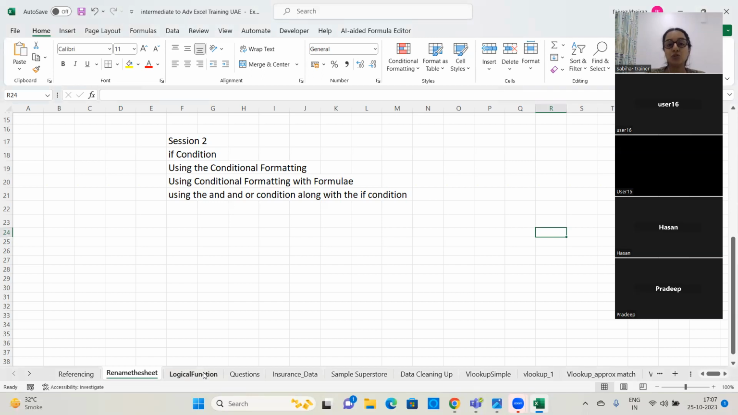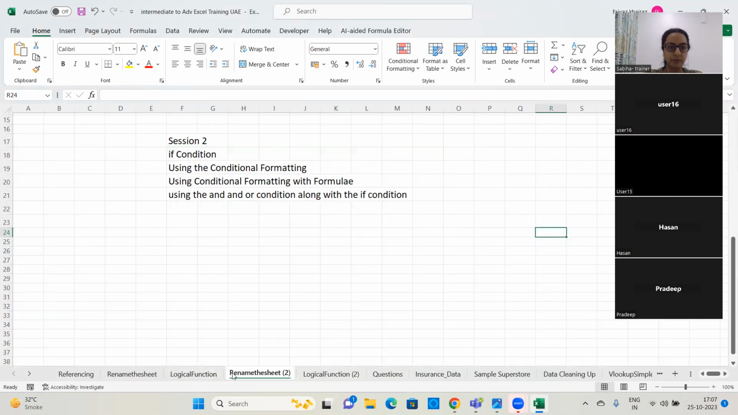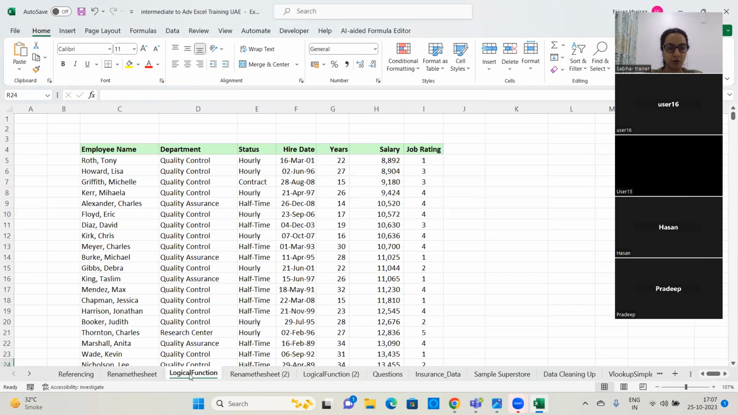function. If you want to take a copy of this particular sheet, you can hold down the control key and move the sheet. So select the sheet, hold down the control key and move the sheet. When you hold down the control key and move the sheet, you get a copy of the sheet. So here you have the copy of the sheet. If I want a copy of this, I'll hold down the control key and make a copy. So here I have copy of logical function 3. So I can use any of these in order to practice. So how do you take a copy of the sheet? Hold the control key down and move it either to the left side or to the